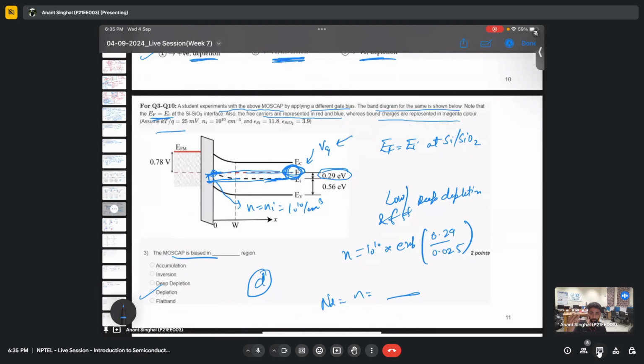For the P type of substrate or NMOS, we are applying more and more positive voltages to go from accumulation to depletion to inversion. But for the N type, we'll go the opposite way. We'll apply more and more negative voltage. So the gate voltage should be negative,